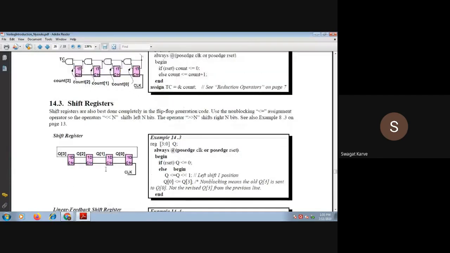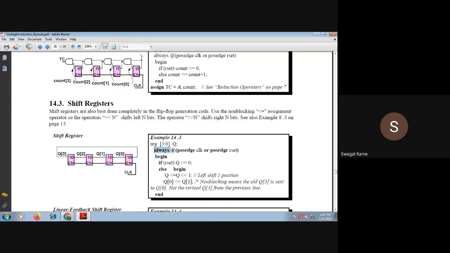Same is the case with shift registers, right? How can you use shift registers? We have the right shift operator and the left shift operator, and for by how many bits we have to shift, we can write that in Verilog. So these are the 4 D flip-flops that we are using. Then register [3:0], that means these 4 registers we are using, named Q: Q0, Q1, Q2, and Q3.